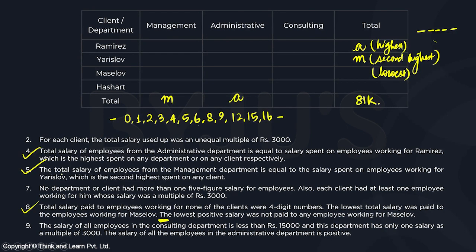Okay. The 7th point says no department or client had more than one 5-figure salary for the employees. And also each client had at least one employee working for him whose salary was a multiple of rupees 3,000. Now, for the lowest paid salary to the employees working for a single client, the number must be one among 12,000 or 15,000 because that's the smallest 5-digit number we can have. Now, if we take the lowest salary to be 15,000, what could be the possibility of salaries of other clients? So if we take this to be 15,000 for Maslow, the others may have